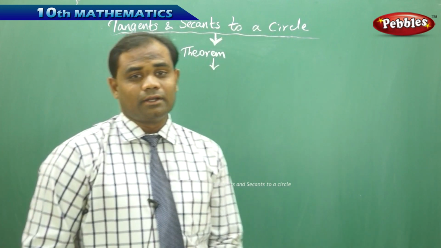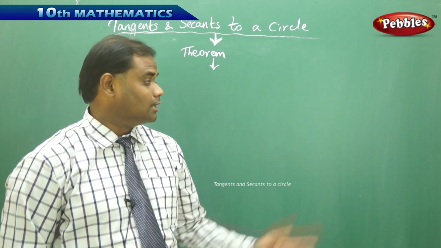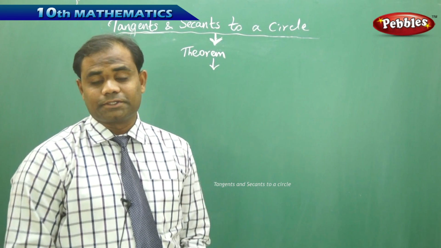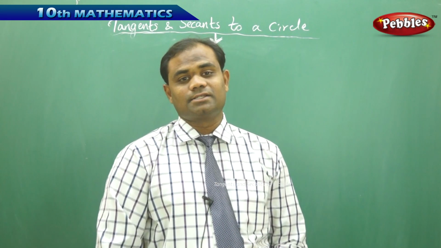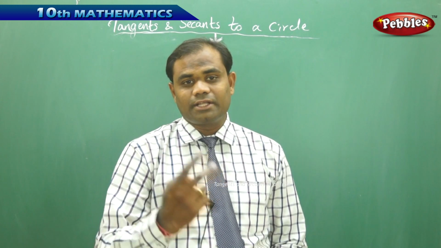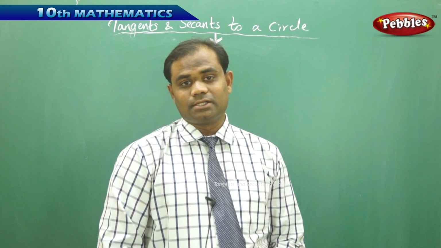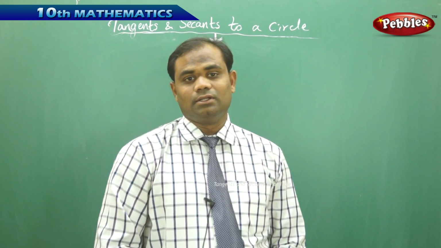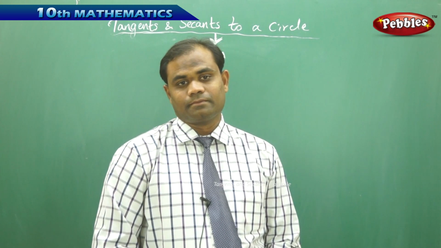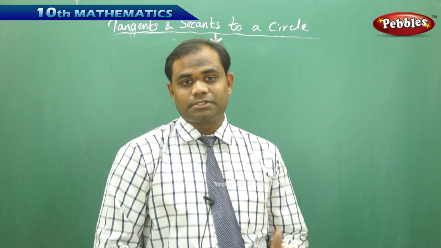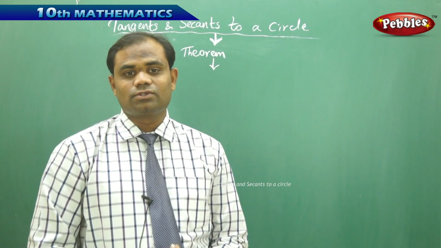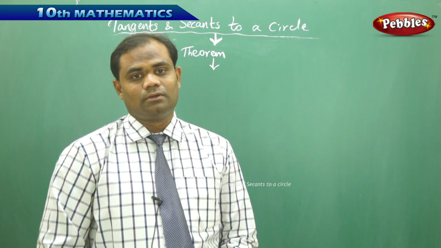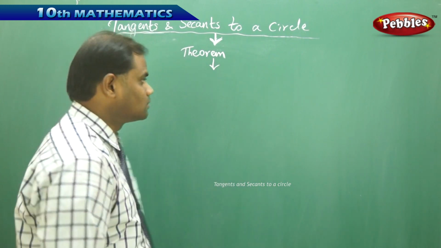Now let's see a theorem which connects the third case of the previous session. As the third case says that if P is a point outside the circle, then there are only two tangents which can be drawn from an external point P to the circle with a suitable radius. Now, since these two tangents can be drawn, the theorem says that the lengths of those tangents will be equal. The theorem exclusively says that for